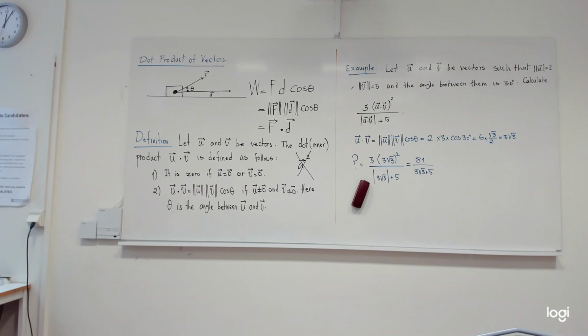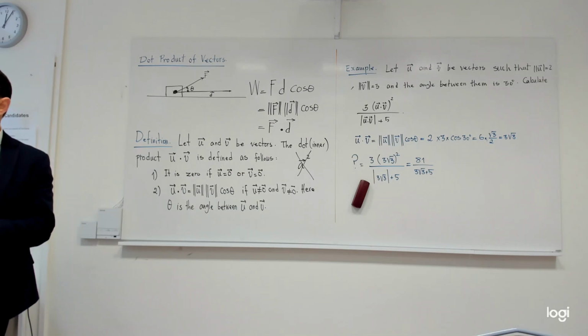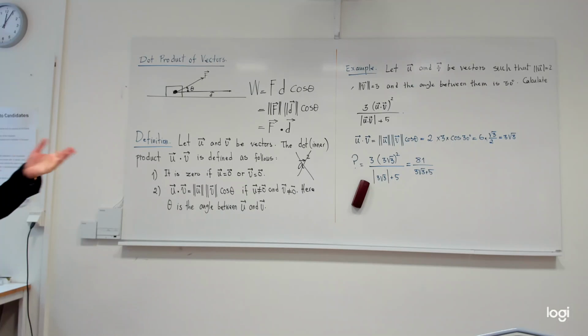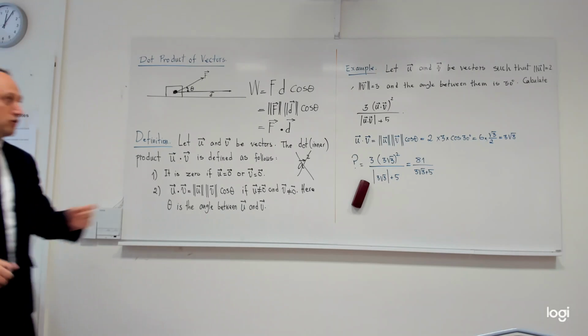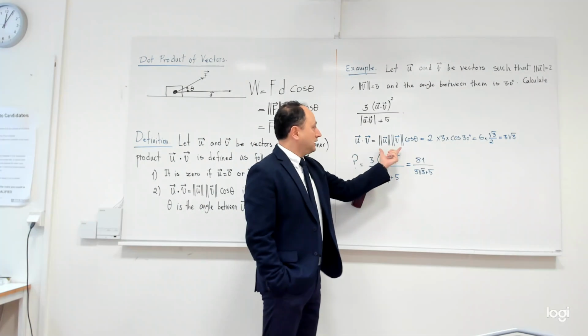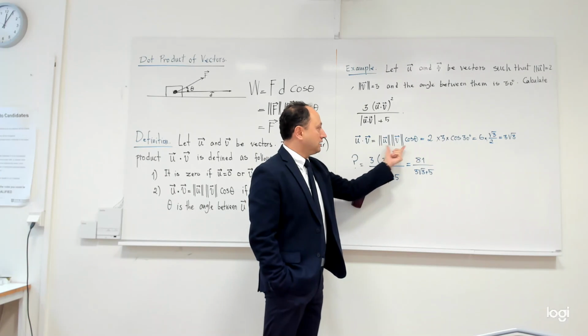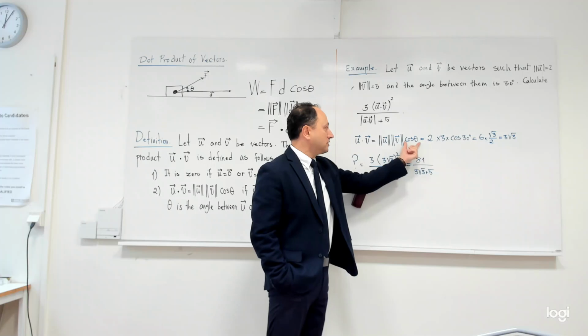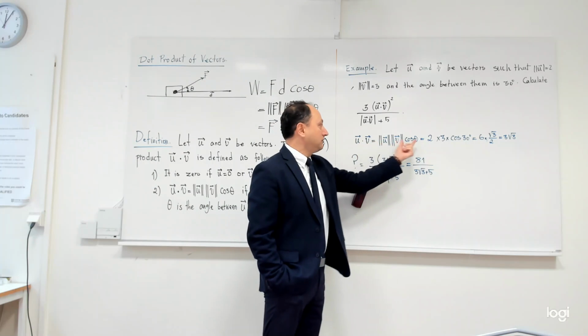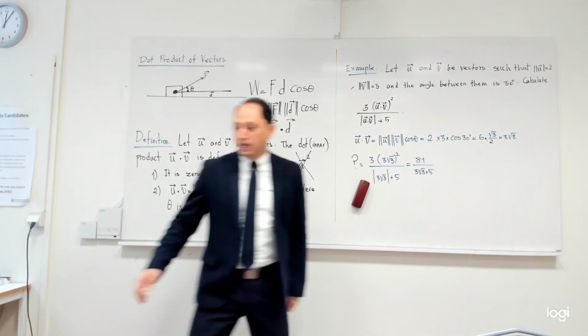And of course, if you are from 90 to 180, you are in the second quadrant. And in the second quadrant, cosine can be negative, and the whole product becomes negative. Because you are multiplying three numbers, there is no hope for making something negative from these two. They are always non-negative. So if this is positive, the product is positive. If this is negative, the product is negative. So I can say that